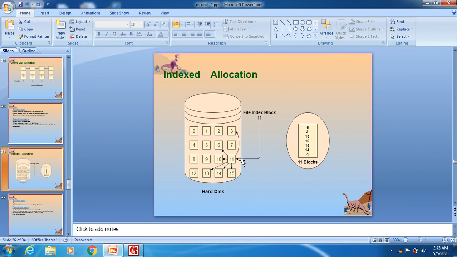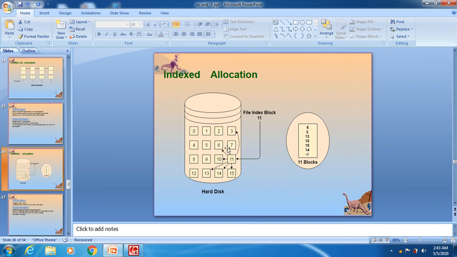For example, see here, we have a total of 15 blocks. Among the 15, I am taking 11 as the index block, which is connected like this. 11 is connected with 6, 10, 13, 14, 15 as well as 3. Within the index block 11, the block numbers are stored.